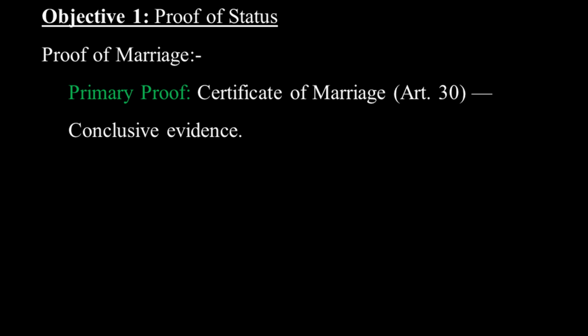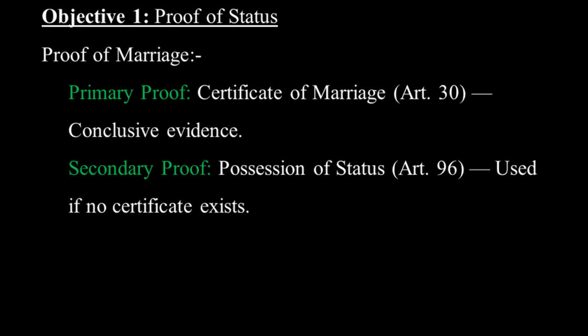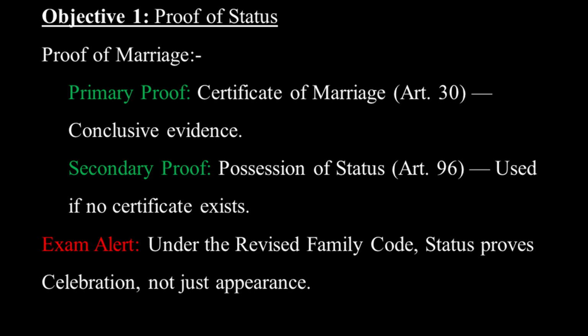We look for possession of status. Under Article 96, a man and a woman have possession of status when they mutually consider themselves and live as spouses, and are treated as such by family and community. The multiple-choice question trap: under the Revised Family Code of Ethiopia, possession of status proves the celebration of marriage, not just the appearance. This was a point of confusion under the old code, but the new law intended to require